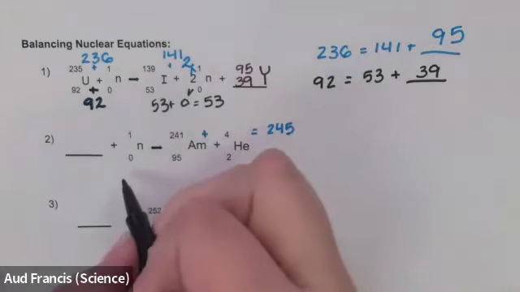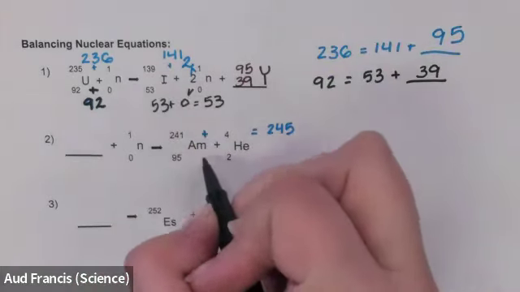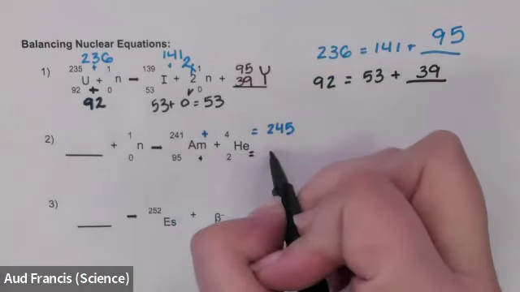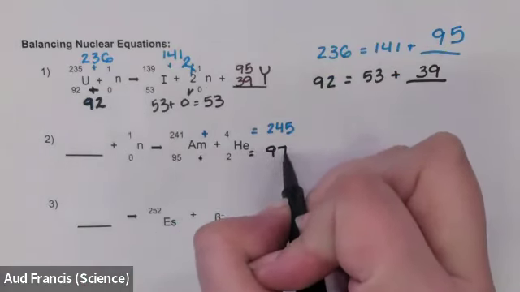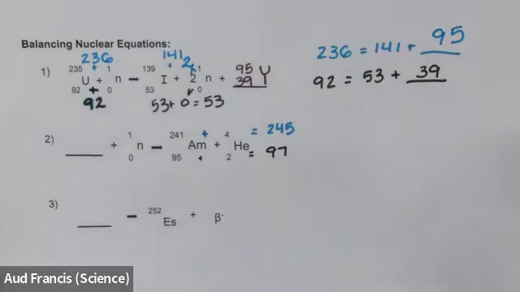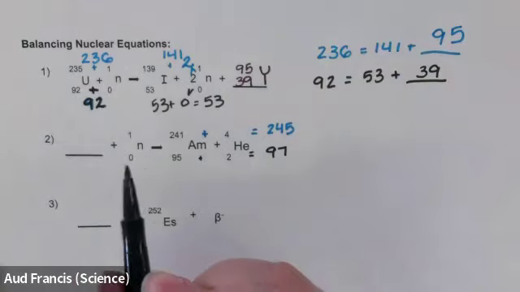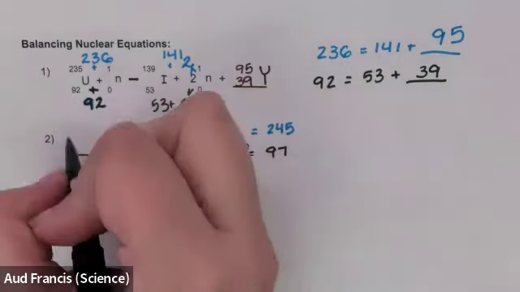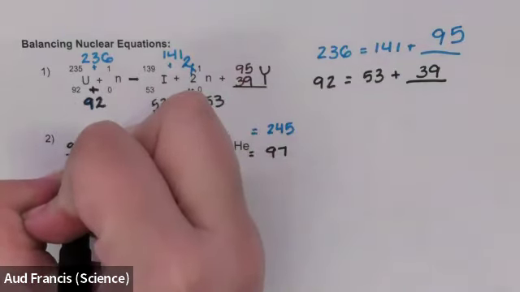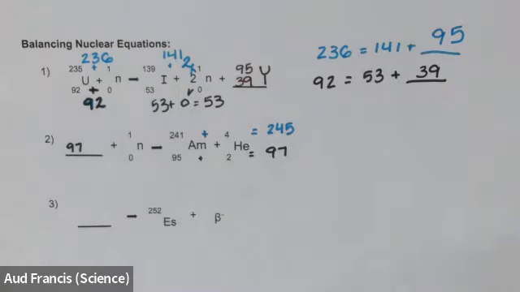Across the bottom, I've got some number plus 0 is the same as 95 plus 2, which we know is 97. The math on this one, I think, actually is easier than the math on the first one. Some number plus 0 is 97. Well, that's just straight up 97. Across the top, some number plus 1 gives us 245. That's